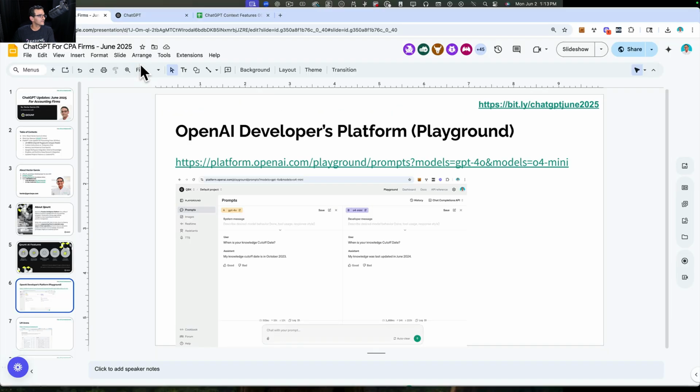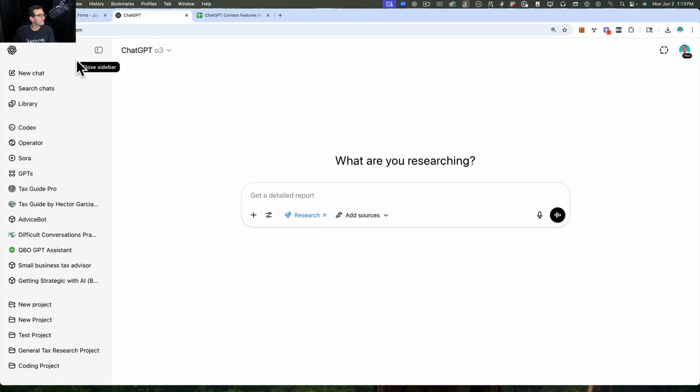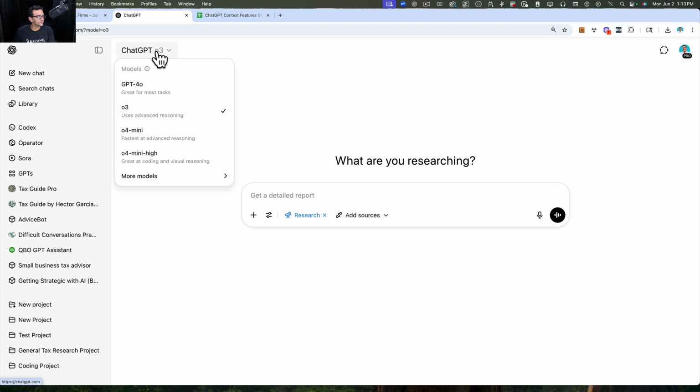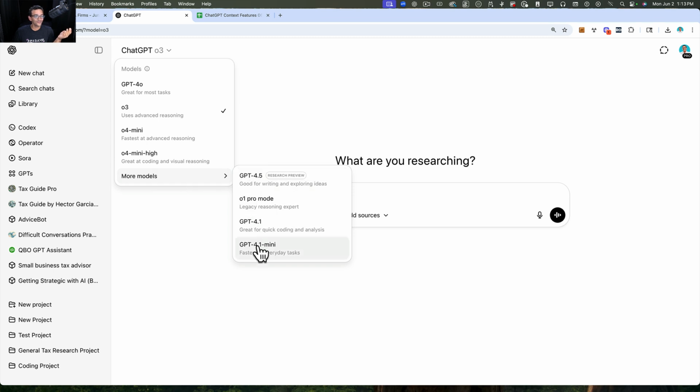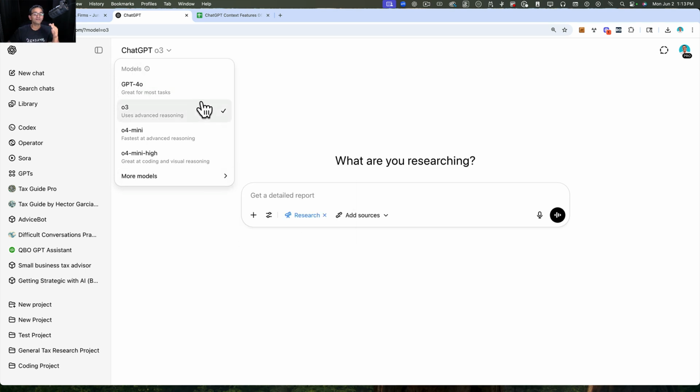And for some context, when you open ChatGPT, before you create a chat, so we're going to create a new chat, there's a drop-down menu and there's 1, 2, 3, 4 options. That's a lot. And then there's more models and there's 1, 2, 3, 4 more. And depending on which version you have, if you have the free version, the paid version, the pro version, the team version, you may have access to different models. But just having to decide one of the 8 models that are available seems like a lot of work unto itself, right? And it absolutely is, because basically every single model will render a different answer.